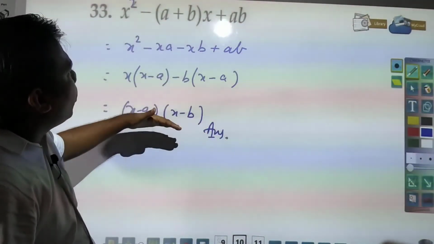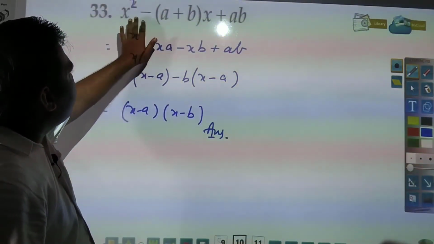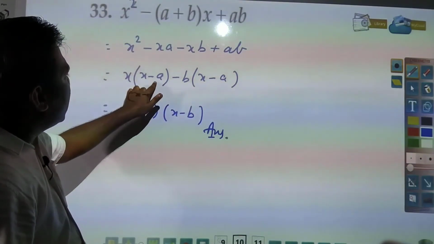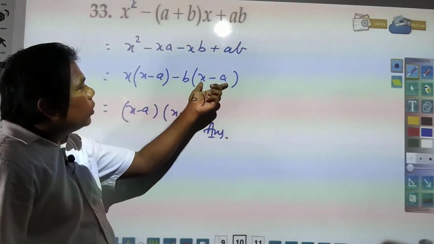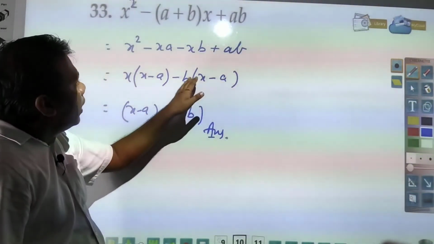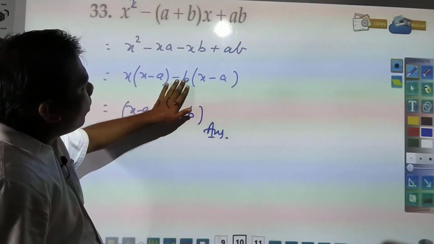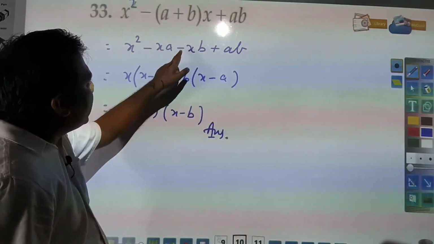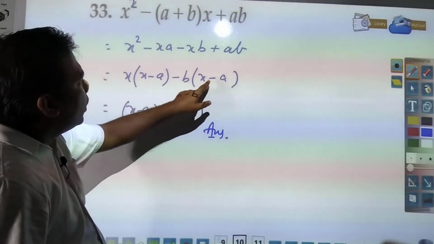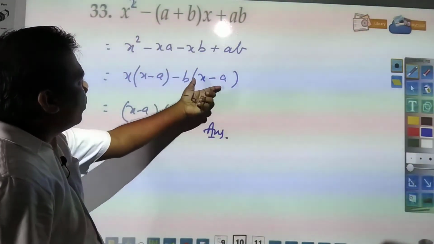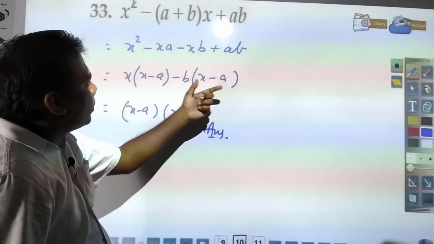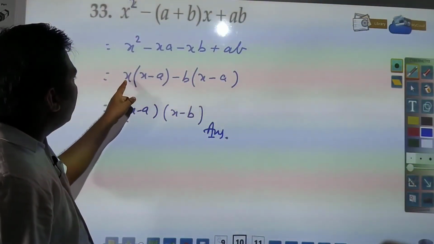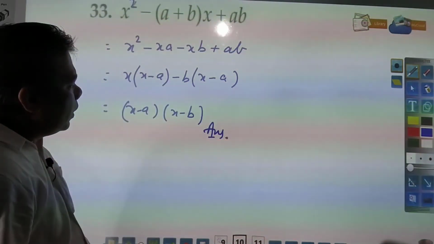In these type of questions we must see, first of all these are required to be multiplied. Second you see here you have got x minus a, here also you must get x minus a. If plus b, if you are taking common, you will be left with minus x and plus a, and that's why minus b will be required to be taken, so that same sign we will get in both terms, x minus a and x minus a, and finally you have got x minus a common and you will be left with x minus b over here.